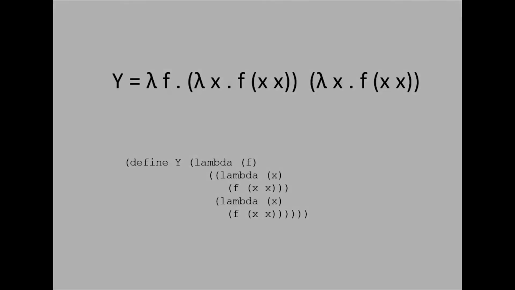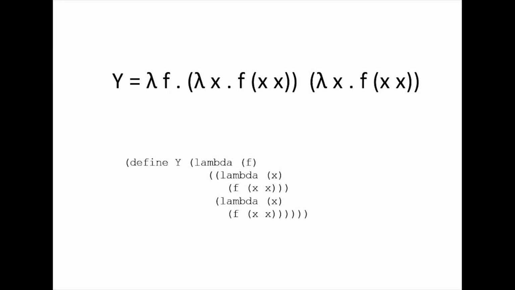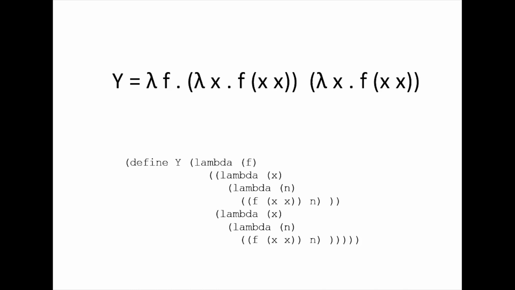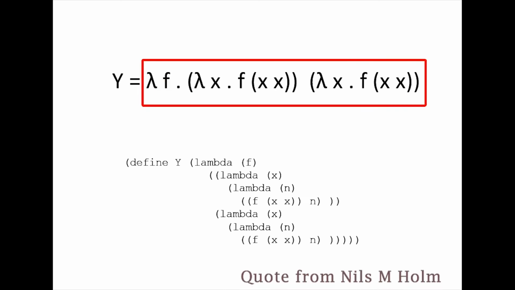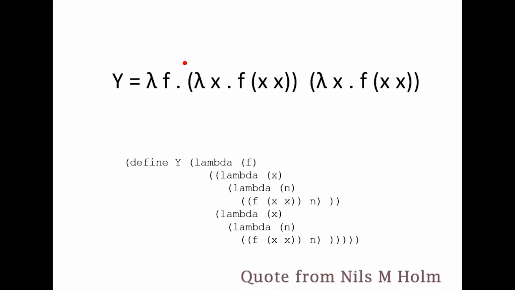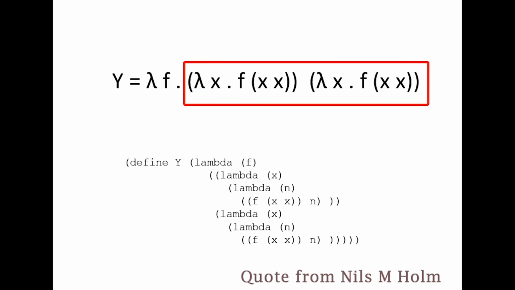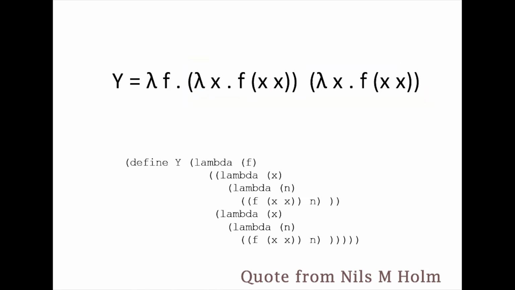So now we have shown how to develop the Y combinator or the Y function step by step. This one was a little bit too far, but we came up with this variant in Scheme. I should admit that it is relatively hard to grasp and explain the Y combinator. But I have seen one possible way to do it. It says that Y is a function that applies self-application to the application of f